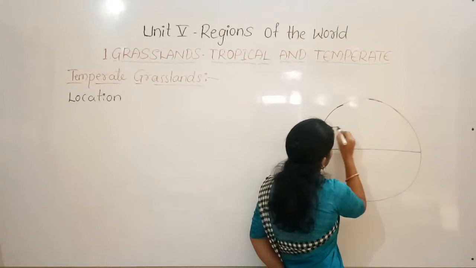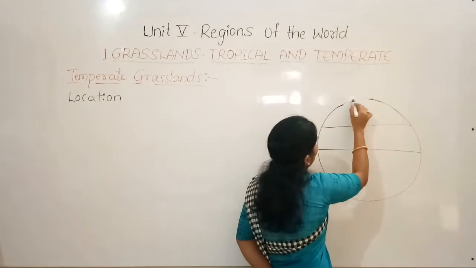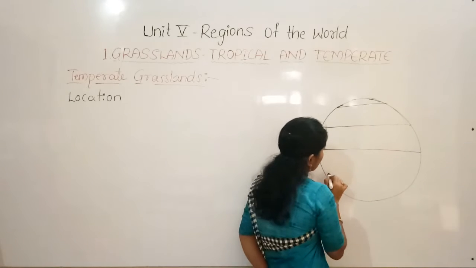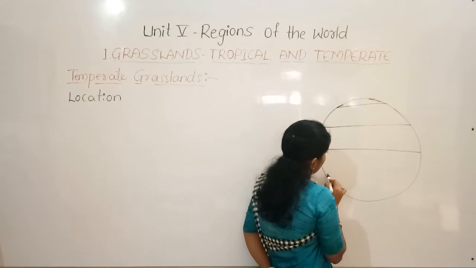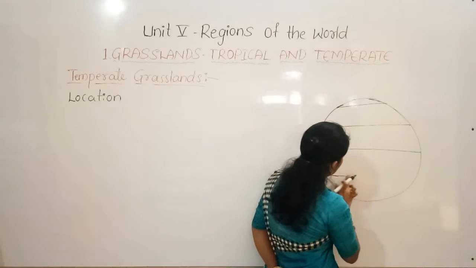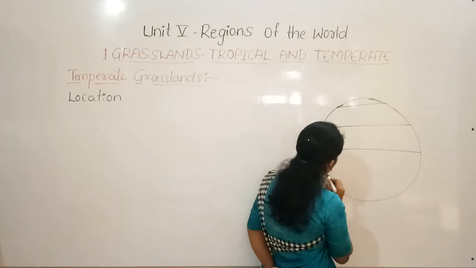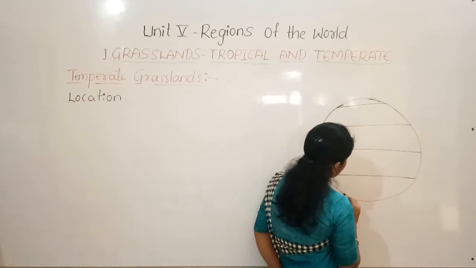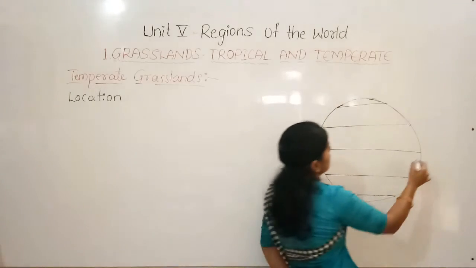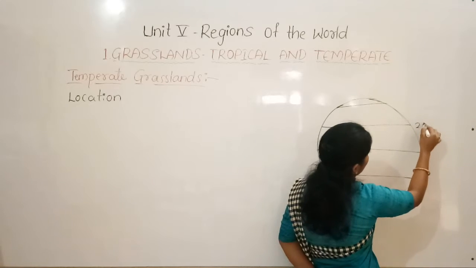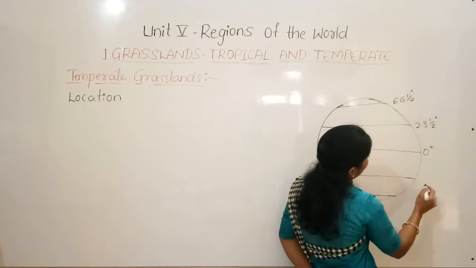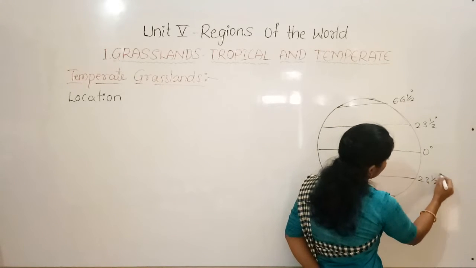Here it is the Tropic of Cancer, and this is the Arctic Circle, and here it is the Tropic of Capricorn, and this is the Antarctic Circle. Here this is 0 degree, this is 23.5 degree, this is 66.5 degree, and again here it is 23.5 degree, and it is